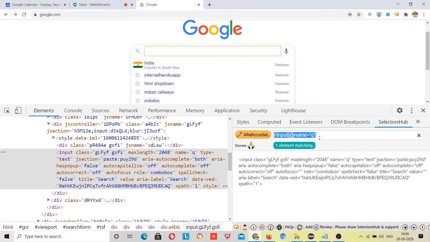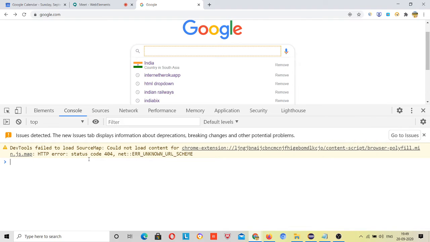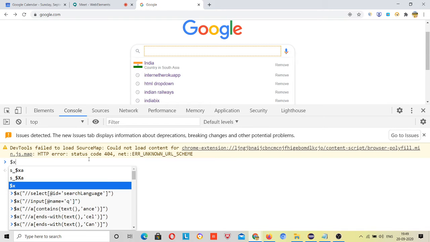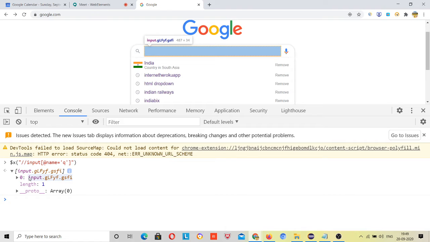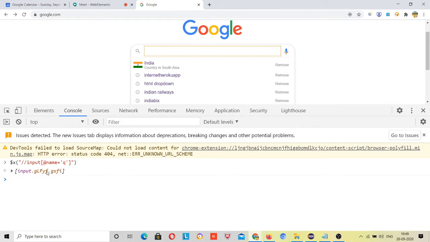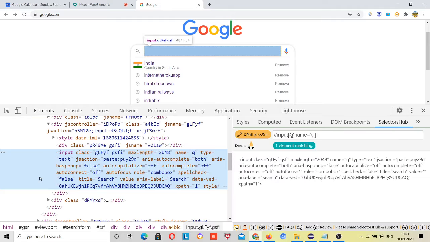Now I will cross check with the console also. If I am doing this with XPath, then I have to type $x, open and close brackets, and this, right? See, this one is selected. If I hover my mouse here, it highlights this field, right? If I click over here, then the code written for it will be highlighted.